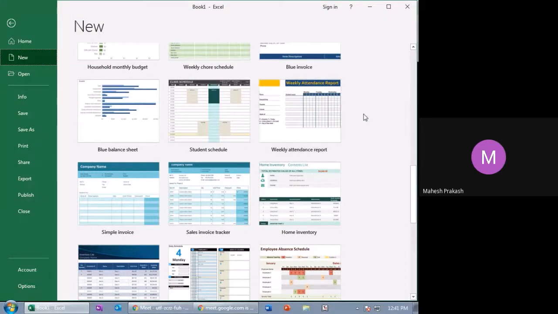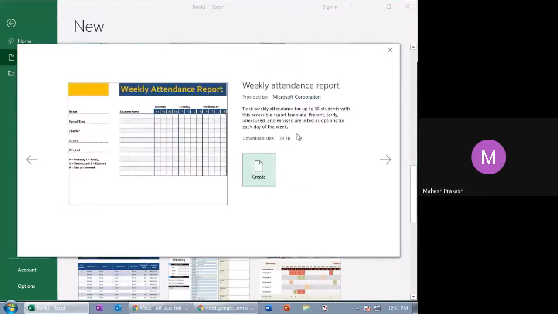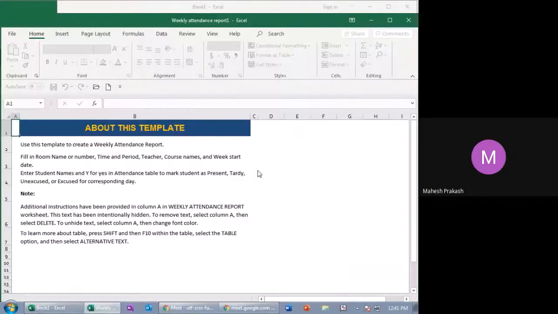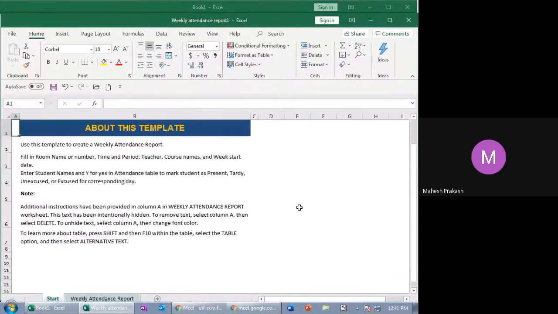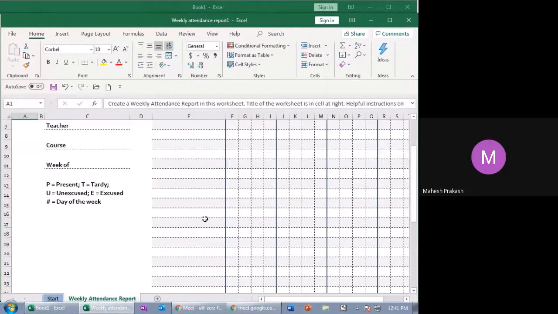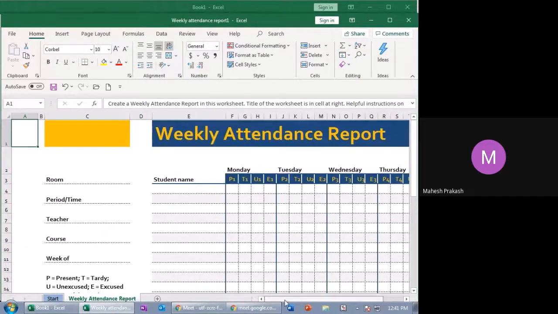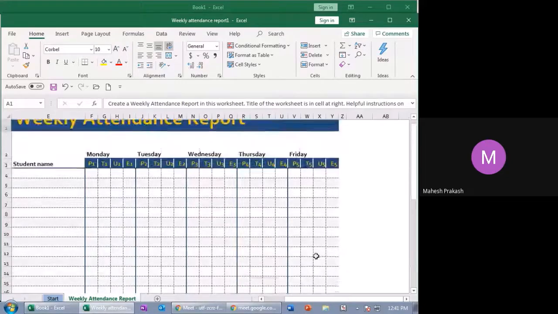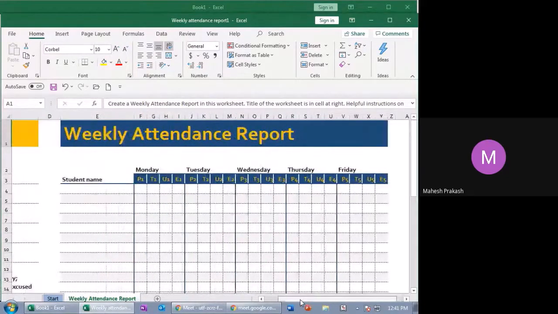It is difficult for you to create it in 1 or 2 minutes, but here we already have the attendance report sheet just in emergency. If you just click on Create, you will get that attendance sheet. So see, here it is. This is what attendance is like. You can create a similar sheet, but I'll tell you in the later stages.